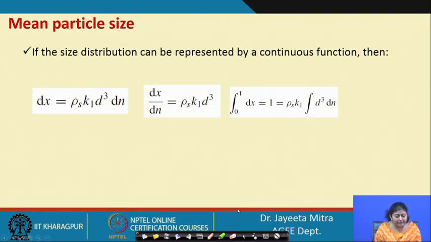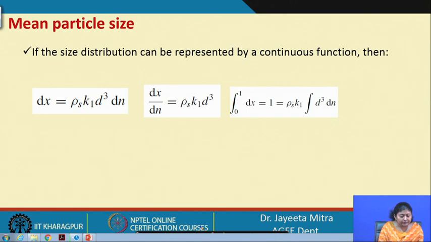Okay. So, now if the size distribution can be represented by a continuous function, then instead of x, we now write dx, the continuous fraction, if we take a very small increment in that. So, the dx fraction, because of the dn number of particles, if that fraction increases by dx amount, that is because of dn increase in that size. So, that will be dx equal to rho s into k1 d cube into dn. So, dx by dn we can write as rho s k1 into d cube,